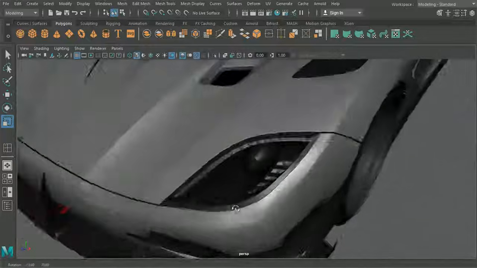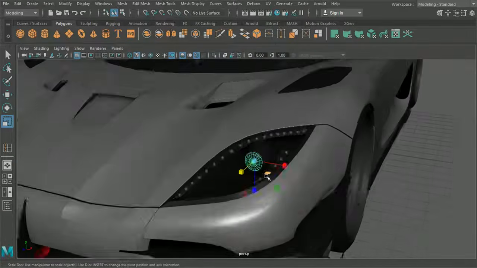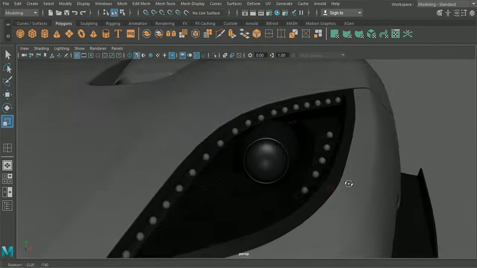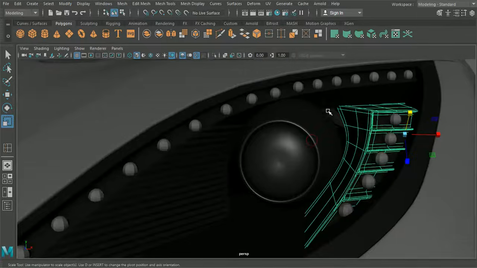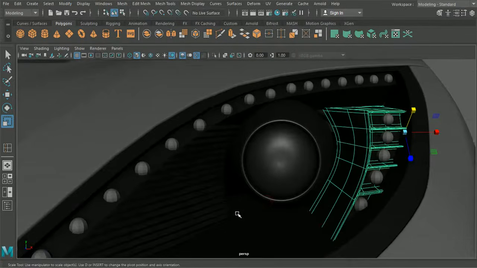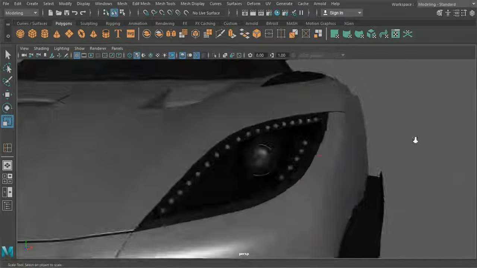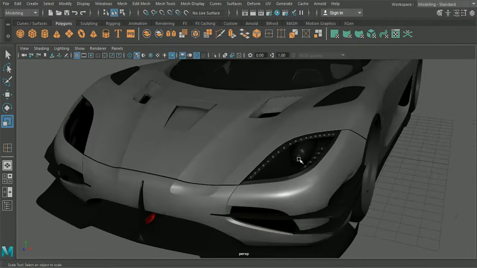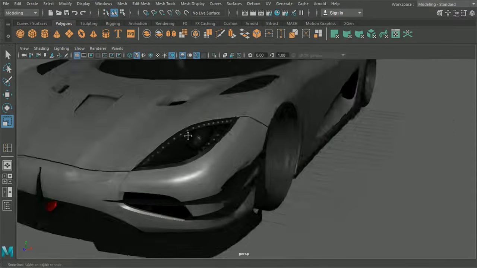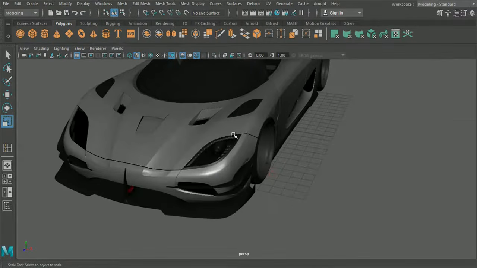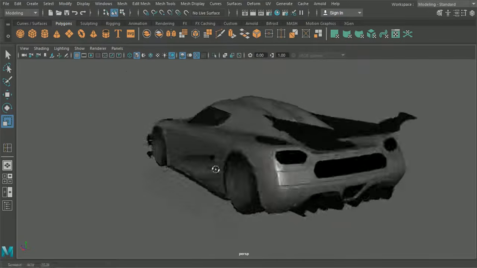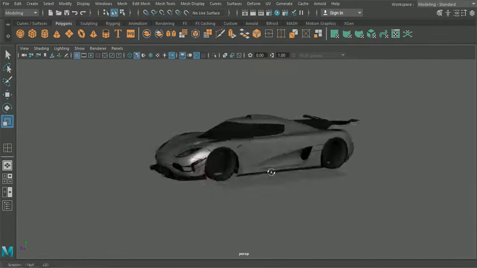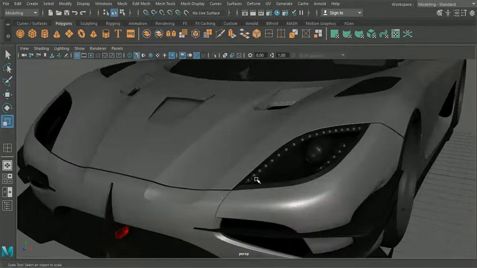Quite happy with that. So the only thing that I'm going to do now is I'm just going to adjust all of these now so that there's no gap on the top and the bottom here. So I'll call this episode here. I'm going to then, once I've closed up those gaps, I'll flip this over to the other side, and then in the next episode what we'll do is we'll maybe put some glass over the top, and then what we'll do is we'll work on the rear lights as well. Okay guys, cool.